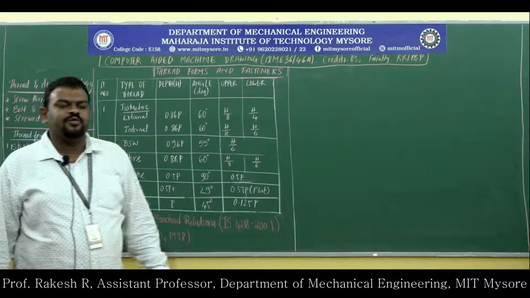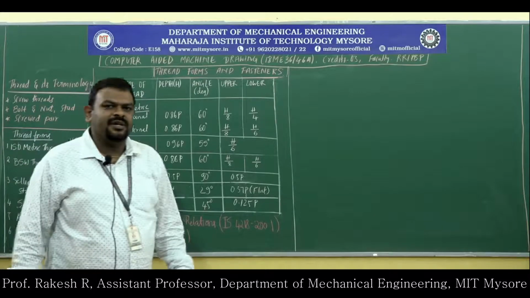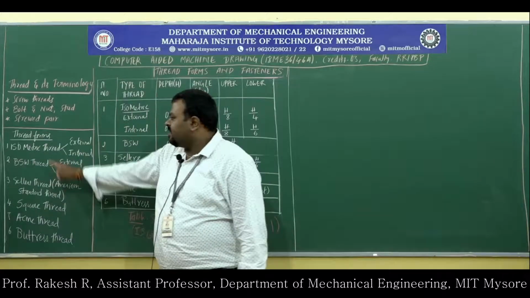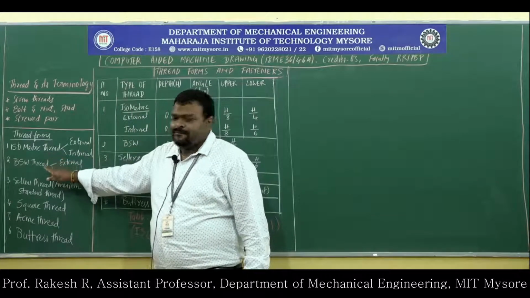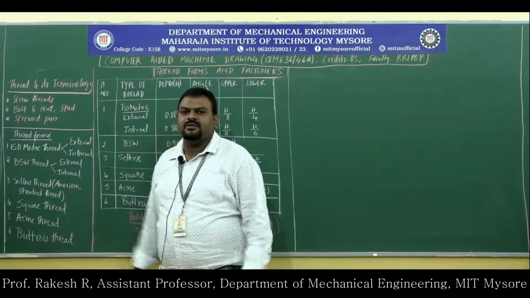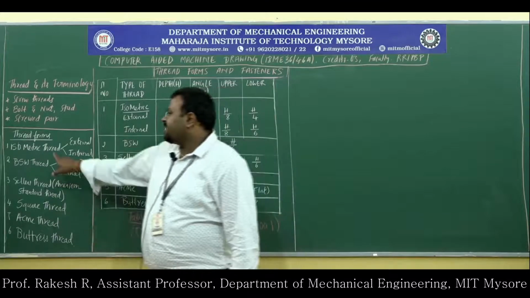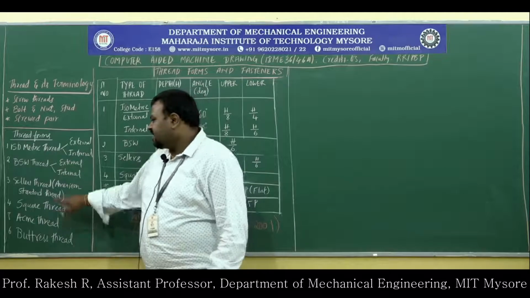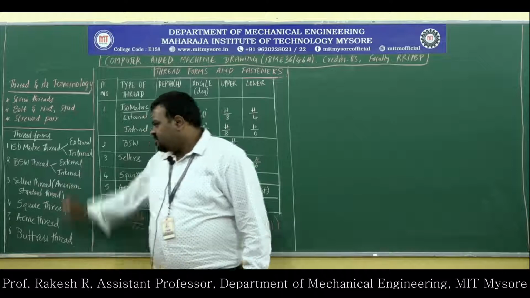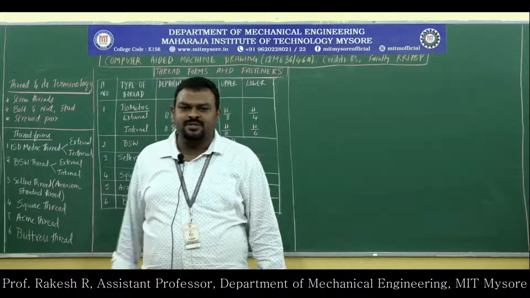After seeing the screw thread terminology, we need to draw some of the thread forms in your machine drawing. So these are the thread forms you will be drawing. Number one, isometric thread, BSW thread or Whitworth thread, Seller's thread, it is also called the American standard thread. If they ask Indian standard thread, isometric thread is the Indian standard thread. Then square thread, Acme thread, and buttress thread. So totally you have to remember 6 drawing relations.